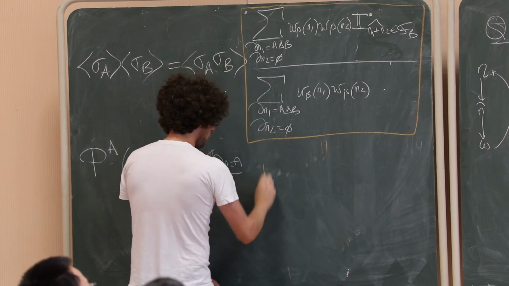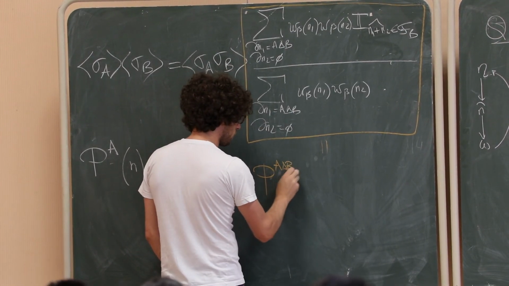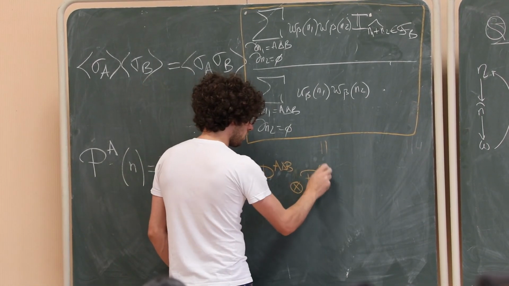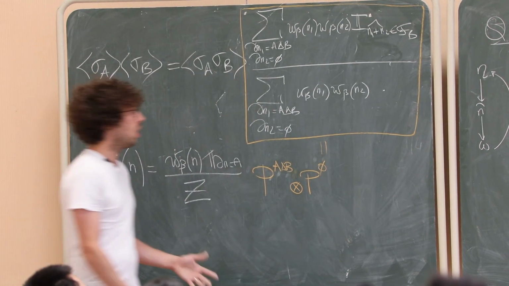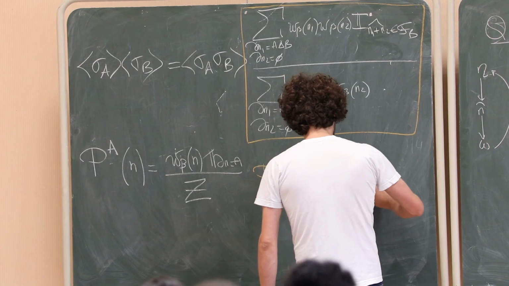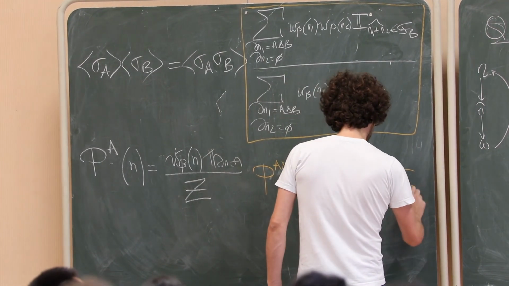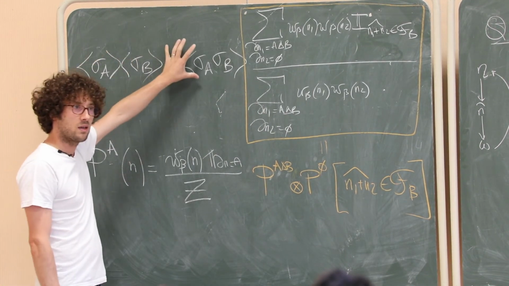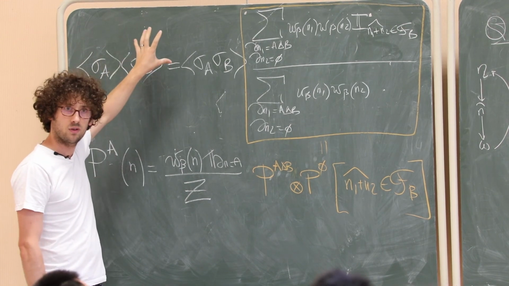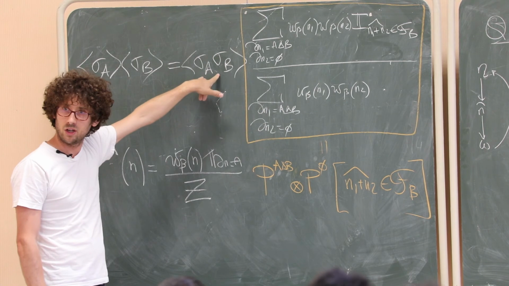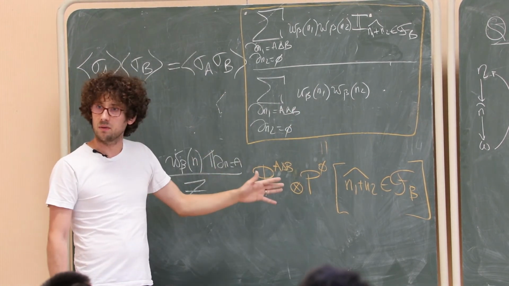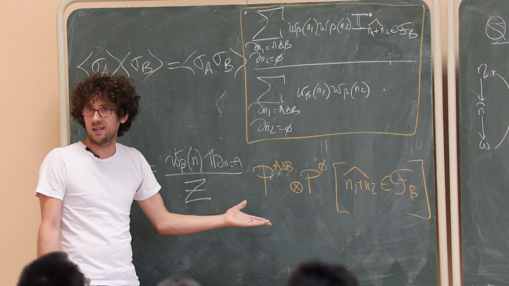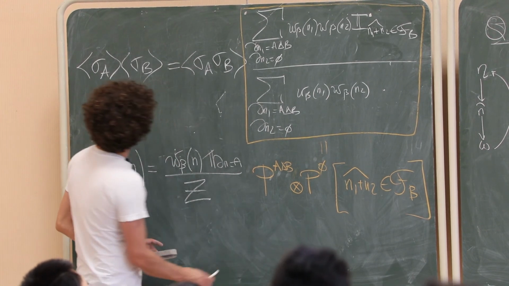This is just the probability, if I sample one current with sources A symmetric difference B and a second current with no sources, of the event that N1 plus N2 hat belongs to F_B. So sigma_A sigma_B, the product of the correlations, is equal to the correlation of the product times the probability of something. You deduce two things from it. First, this probability is smaller or equal to 1. That's obvious.